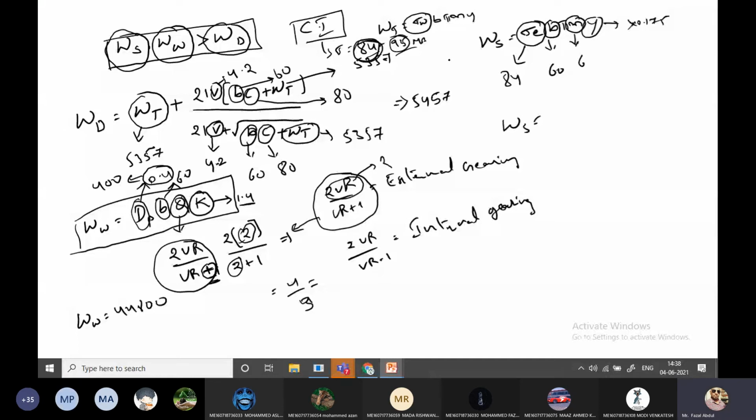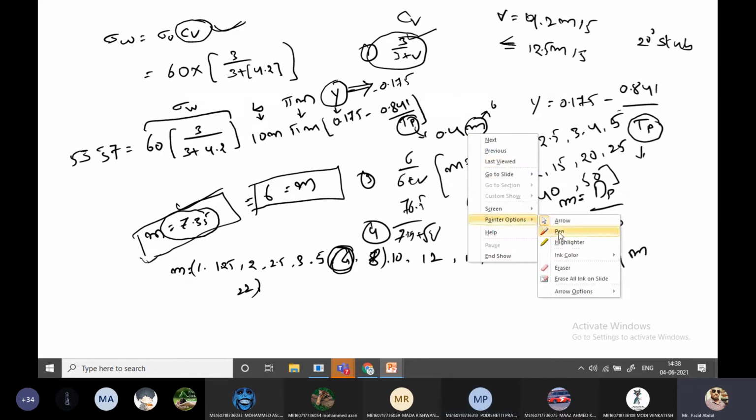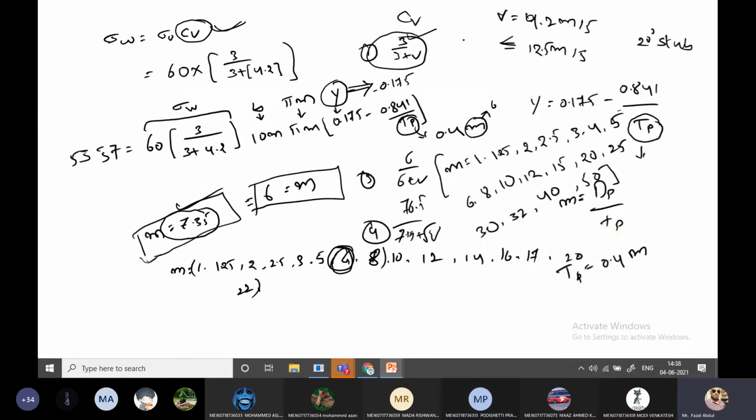Sir, excuse me, sir. In the Lewis form factor, TP can be written as dP by M. Wait. The Lewis form factor module relation is dP by TP. So TP, yes, exactly, is 400 by 6. I think we got it wrong here, and that is the reason we got a negative value. Substitute 400 by 6 here.